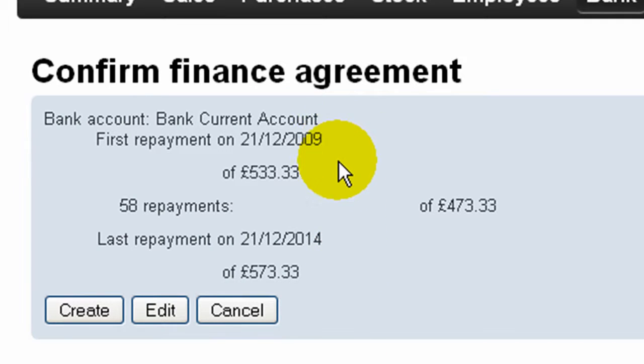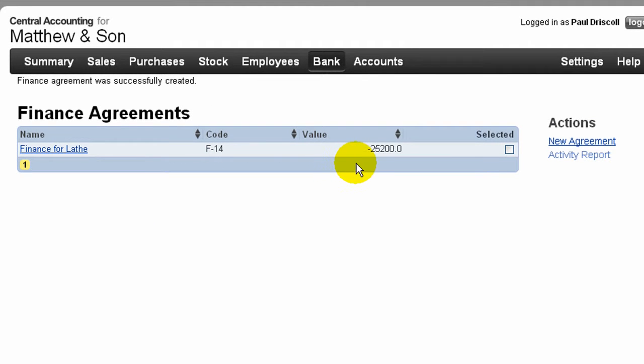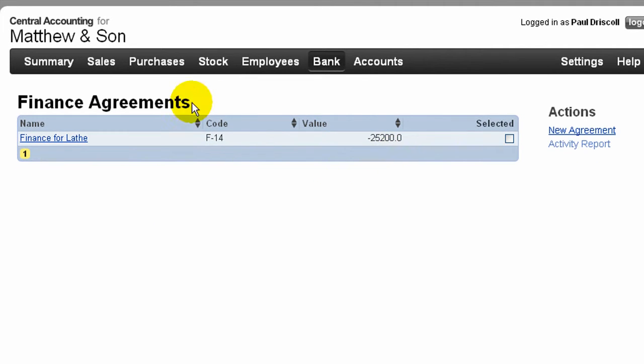A brief summary is then presented for final confirmation, and if these details correspond with the paperwork relating to the particular finance agreement, click Create or click Edit to go back to the previous screen. So we click Create. We can see that the finance agreement with the value outstanding has been added to the list on the finance